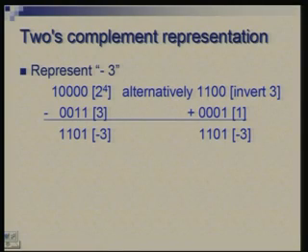Suppose we want to see how we represent minus 3. So, it is 2 raised to power 4. Okay. We are talking of 4 bits. So, of course, 2 raised to power 4 is a 5-bit number, but it is just something we are doing on paper and pencil. Out of this you subtract 0 0 1 1 and what you get is 1 1 0 1. Okay. So, this is same as complementing these bits, getting 1 1 0 0 and adding 1, okay.